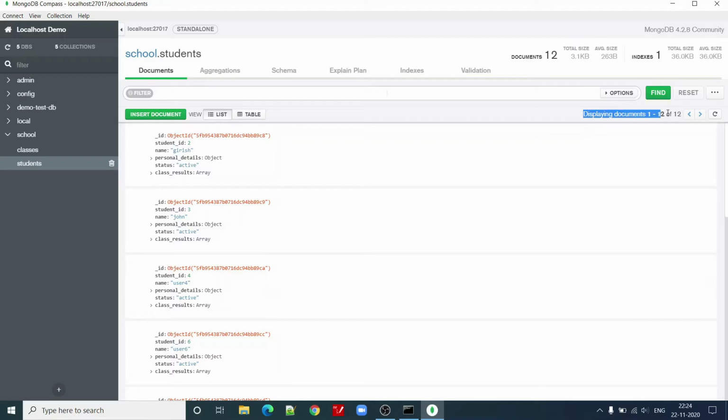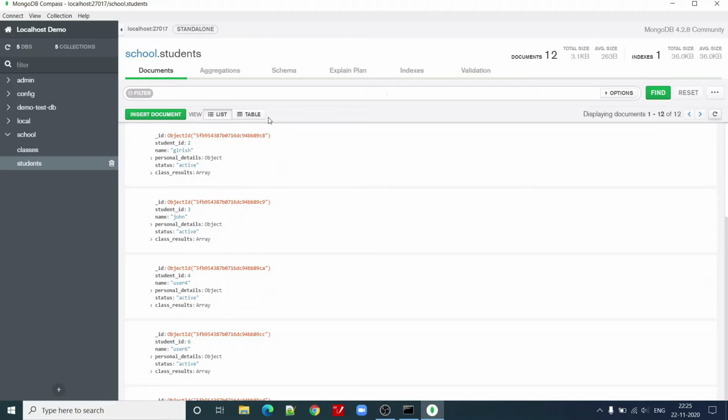And here it is showing how many records we are able to see. In a pagination view we can view different pages based upon the next and previous options. We can refresh it after adding a new document.